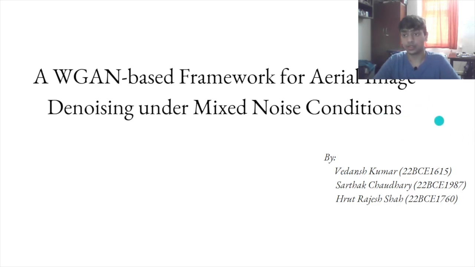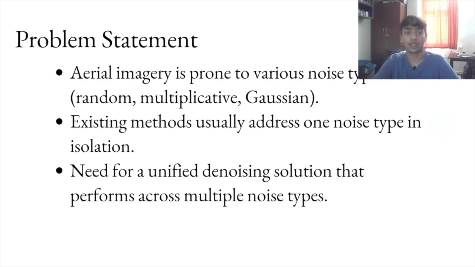Let's delve deeper into the problem statement we picked up. So we decided to do aerial image denoising, where aerial imagery is generally prone to having various noise types. Each image can have a fusion of random, multiplicative, Gaussian, and salt and pepper noises. Existing methods usually address only one noise type each, such as median filtering, frost filtering, BM3D filtering. We look to create a framework that can handle any types of noise in any mixed proportions and fusion, all